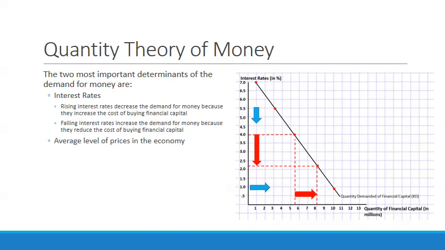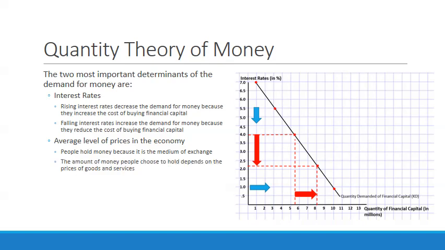The other is the average level of prices in the economy. People hold money because it's the medium of exchange. So the amount of money people choose to hold depends on the price of goods and services. In other words, people will spend money when prices are lower, and they will hold money when prices are increasing. And this plays an important part because we know that even though inflation is an increase in price levels,